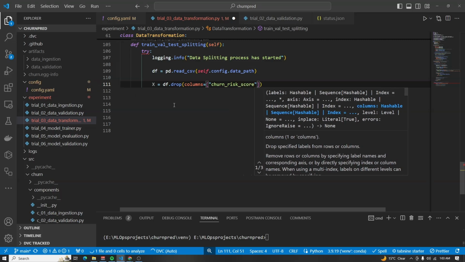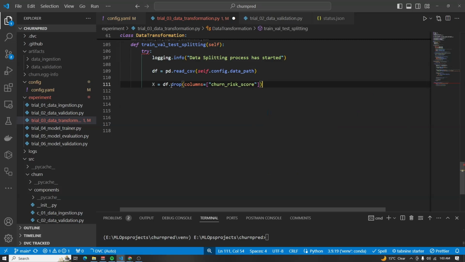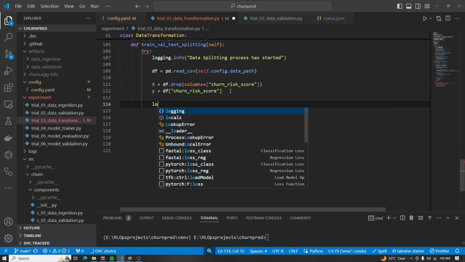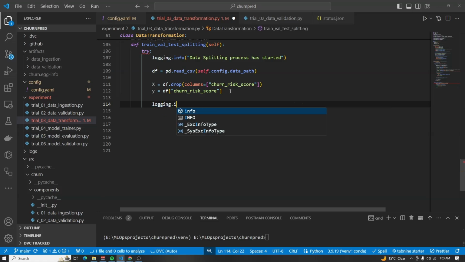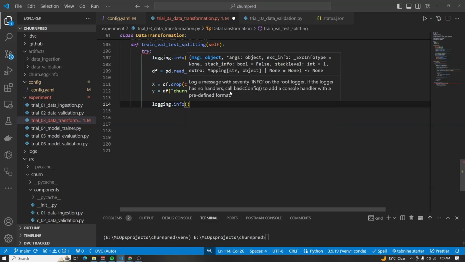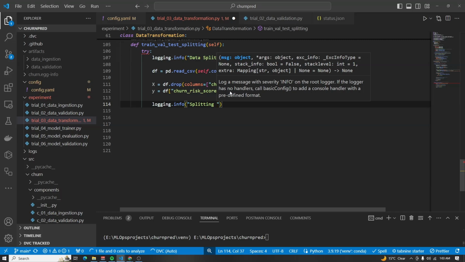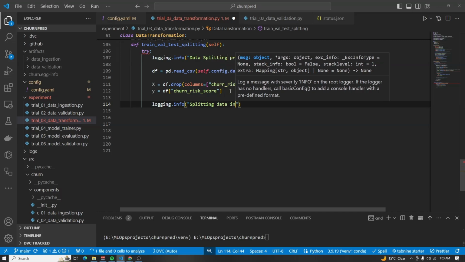So that's our target column, so we need to drop that from our input features. For the y, that will now be the churn risk score column. Then after that, we can add some logging information. Logging.info, then here we can say that we now start the process of splitting data into